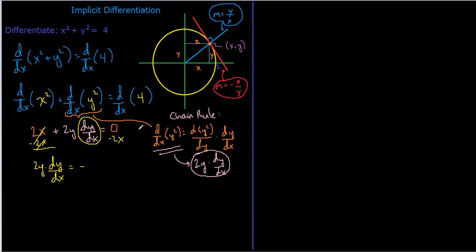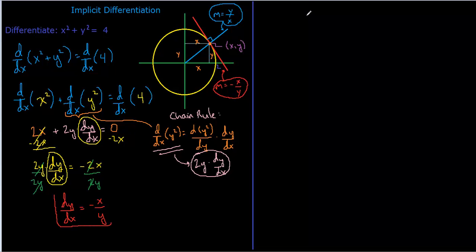And 0 minus 2x equals minus 2x. And again, we want to isolate dy/dx. So we're going to divide both sides by 2y. The 2y's cancel. Over here on the right, the 2's cancel. And we're left with dy/dx equals negative x